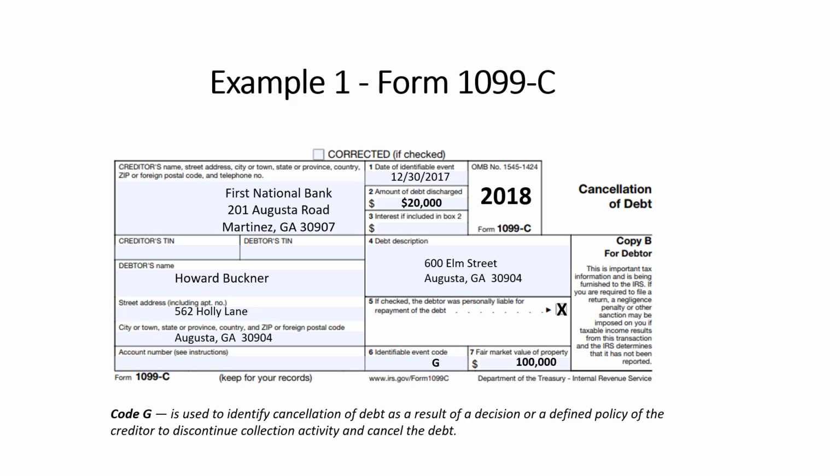We have an identifiable code in Box 6, Code G, and this is used to identify any cancellation of debt as a result of a decision or defined policy of the creditor, First National Bank, to discontinue collection activity and cancel the debt. Box 7 lists the fair market value of the property at $100,000. The debt description is a residence, 600 Elm Street, Augusta, Georgia 30904.